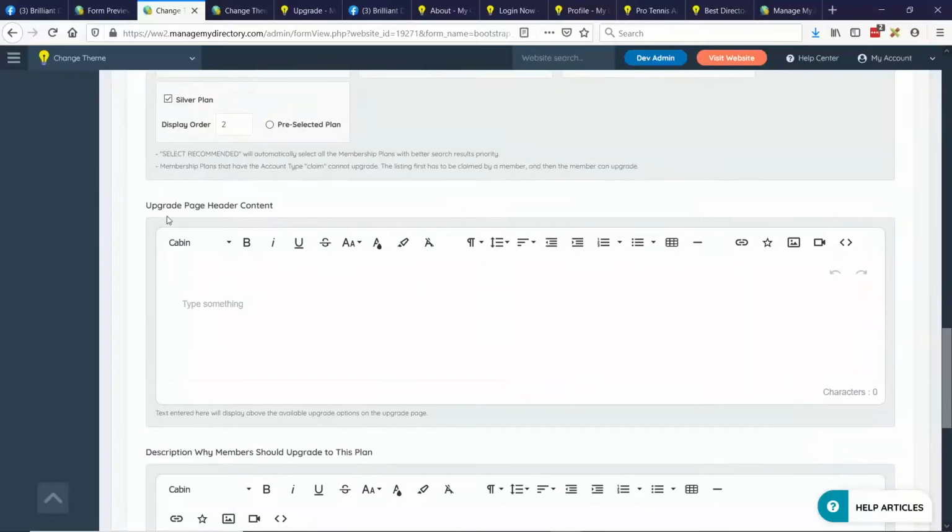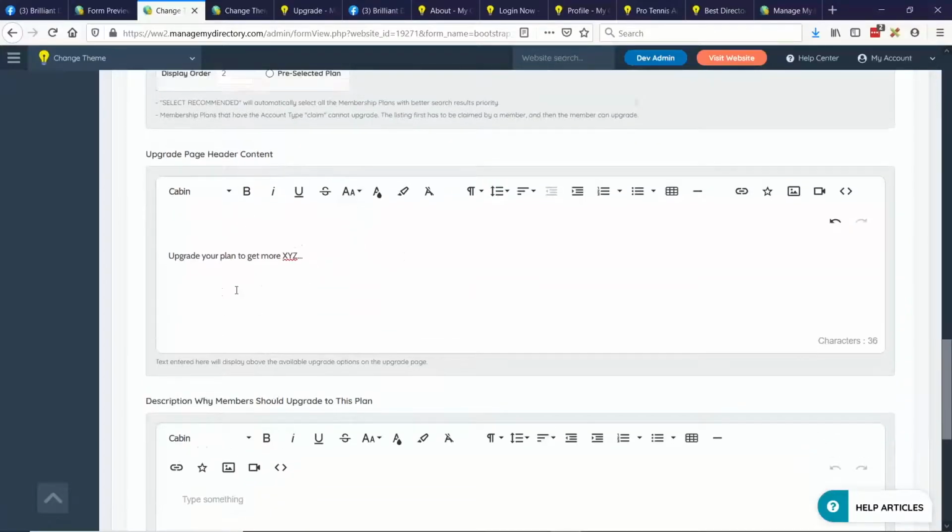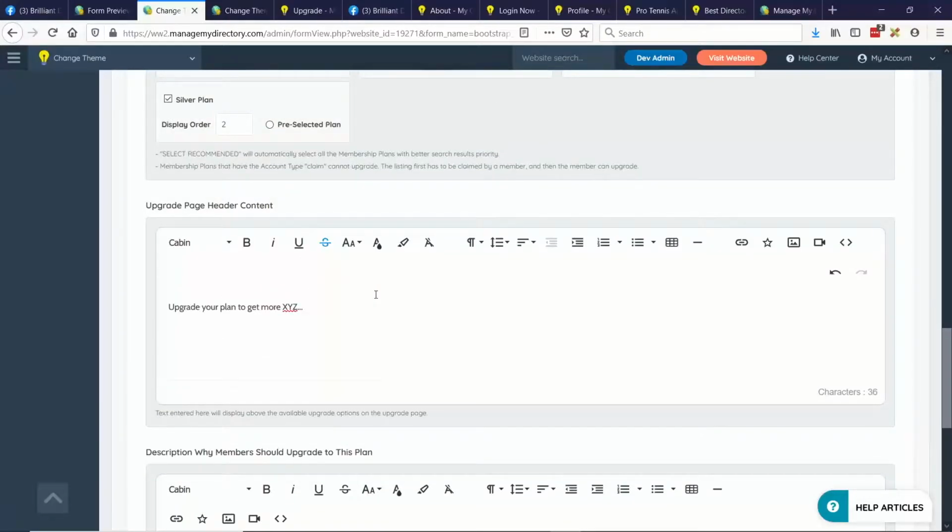And also don't forget, guys, you can have content above those upgrade options. So, you could say, all the benefits, upgrade your plan to get more, whatever it might be. You could put a video here, you could put images here, you could put title text, you could put a bullet list of the benefits, et cetera, et cetera. So let's just save that right there.